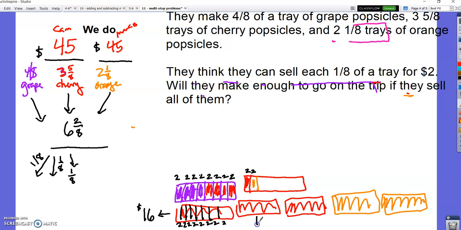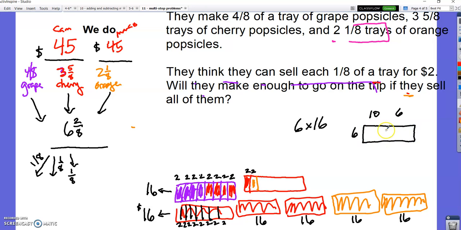And then the same thing's going to happen here, here, here, and here. So 1, 2, 3, 4, 5, and this one. 6 trays, they're going to make $16 each. So they're going to make 6 times 16 plus these other 4. But let me do that first. 16 times 6. That is 60. And 6 times 6 is 36. And so they're going to make,